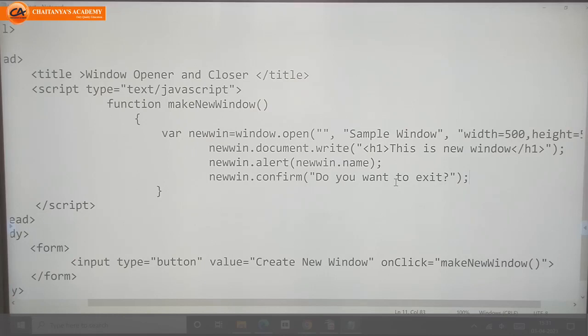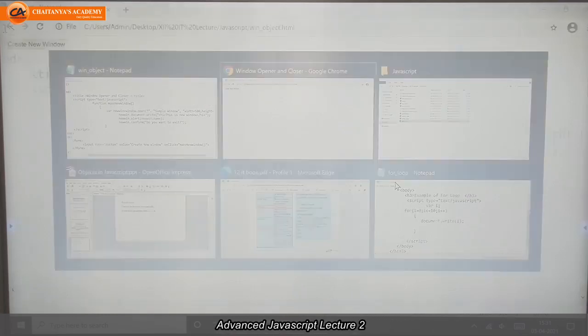It is asking us, do you want to do this thing? If we are OK and we press OK, the action will happen, and if we are not OK, we click on cancel, the action will cancel automatically. So to open this confirmation box we will use the dot confirm method. So we will see the output. We check the output.